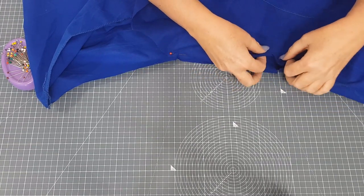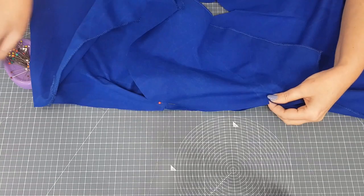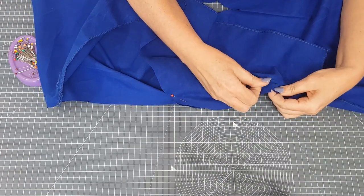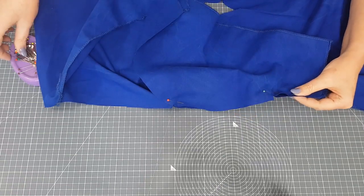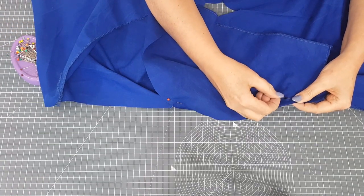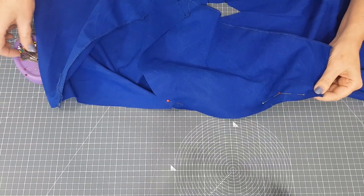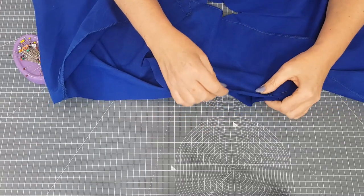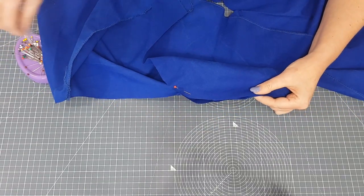and match the notch for the front, and then pin this all around. And we didn't neaten this edge because I thought it would be easier to stitch this seam and then neaten the edges together for this one. So we're going to pin the sleeve in. It should fit in quite easily, it's just a flat sleeve. So just pin it in,